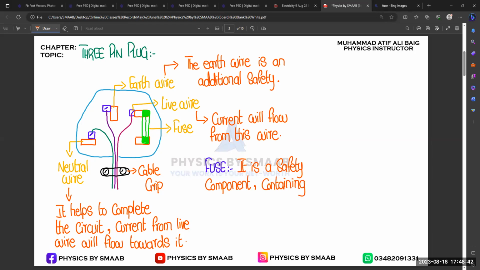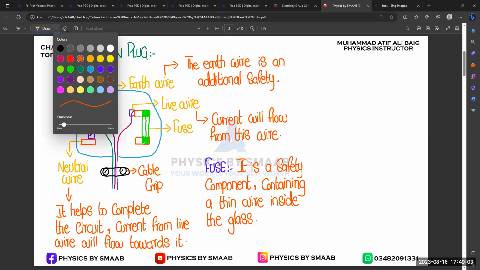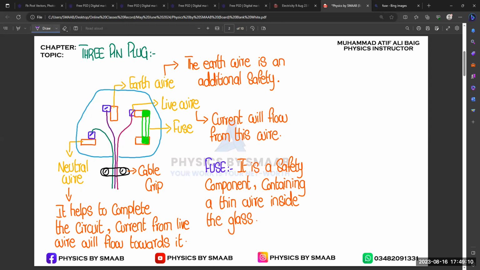It contains a thin wire inside the glass. Okay, so this is the explanation or the description for the fuse, that how and what actually fuse looks like. And the next thing for the fuse is,